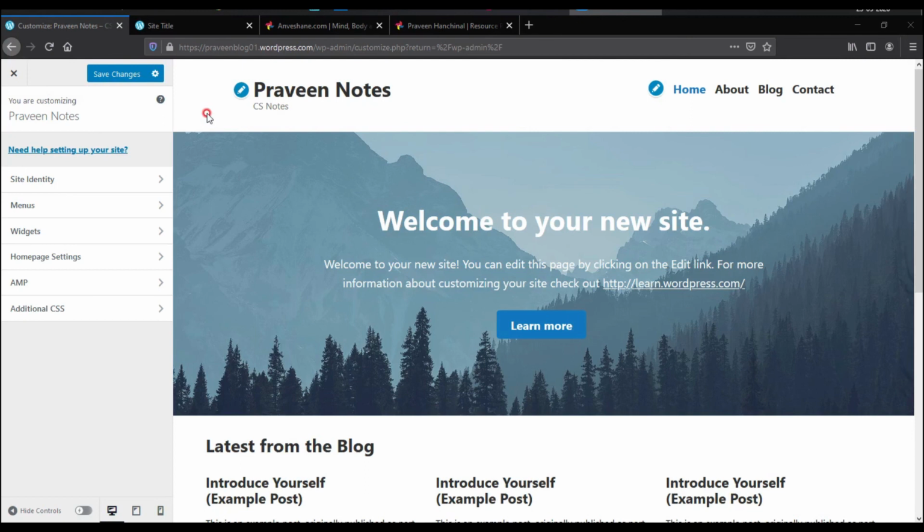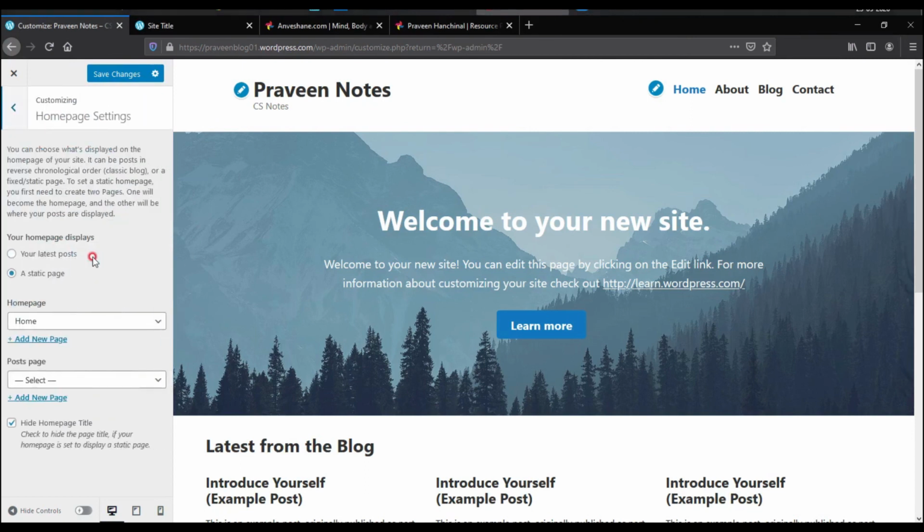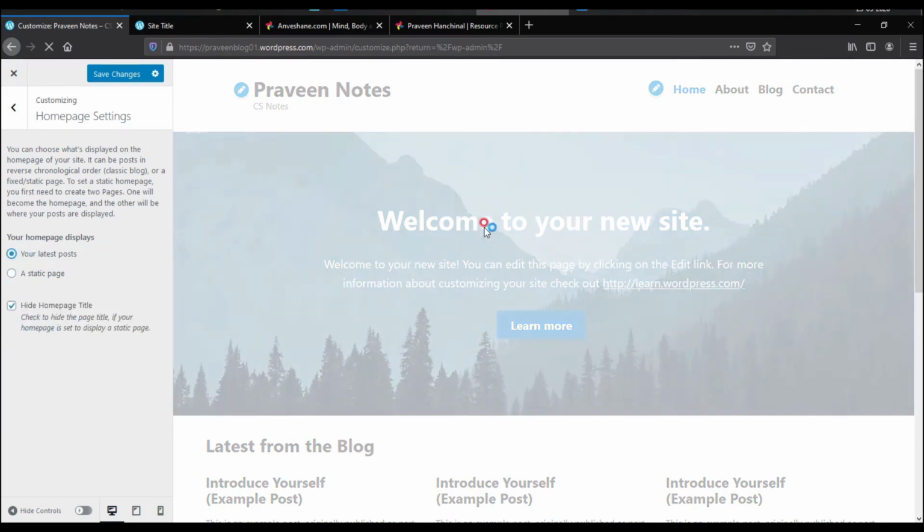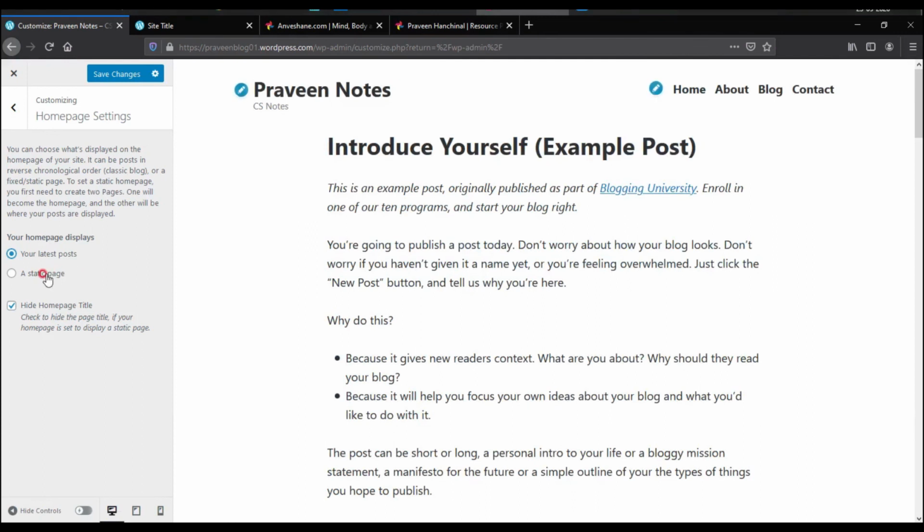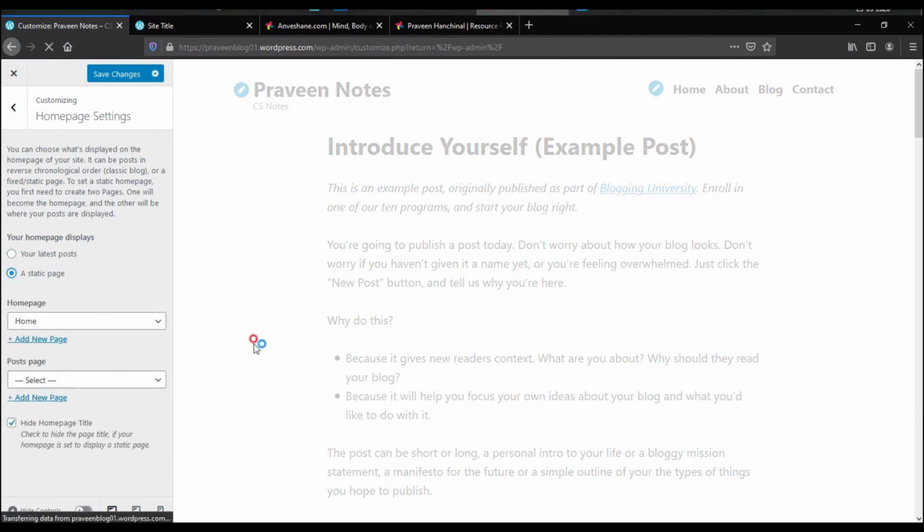In Customize, you can also go to Homepage Settings and choose which page will be your landing page. For example, you can have About as your front page, or you can have Contact as your front page, but it's suggested you have a home page designed as a landing page. If you don't want a landing page, you can also select all your blog posts to be posted on the front page itself. Right now I'll leave it as a static page.